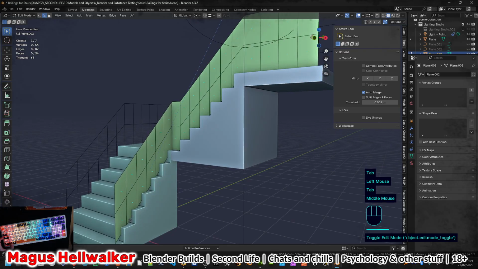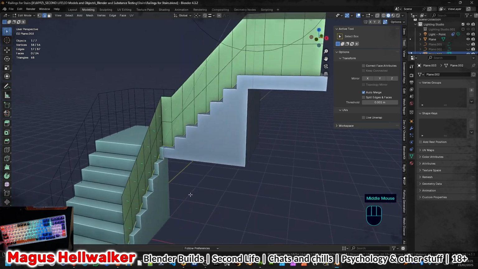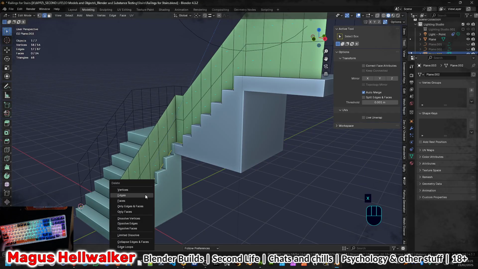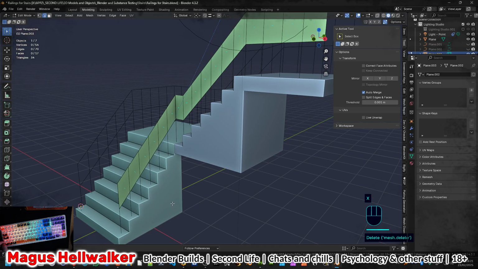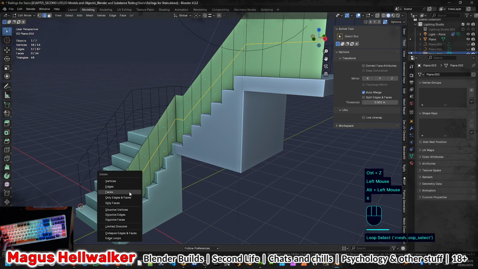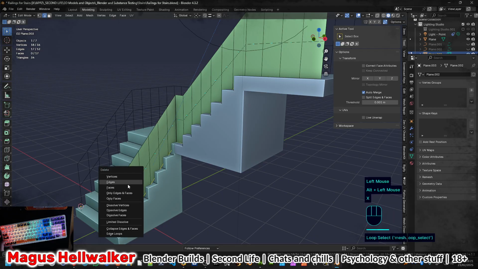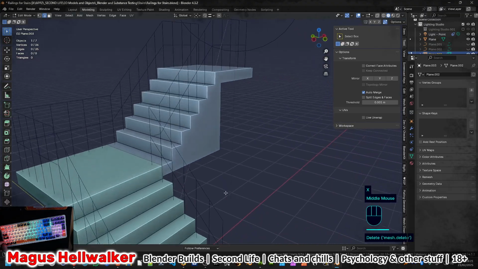So again, I'm deleting the bottom edge. We've separated the center, and we've got a separate mesh. It's basically an edge, but it's a mesh edge. I'm going to delete the bottom edge. Nope, because it's still got this, so I need to dissolve that edge. That's correct. Now I delete the bottom edge, right, and then we're left with a nice wireframe